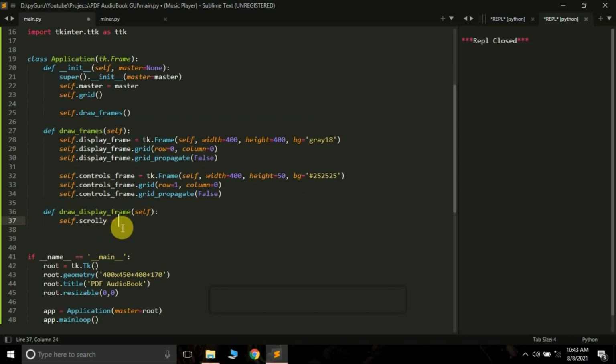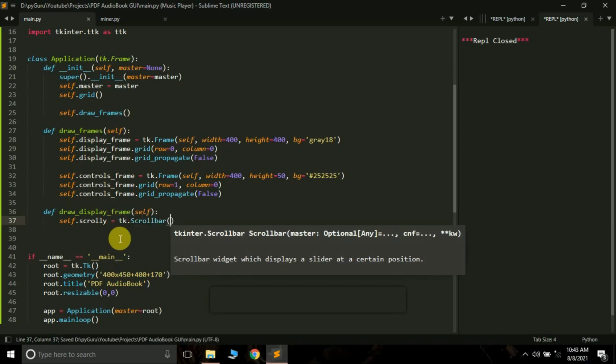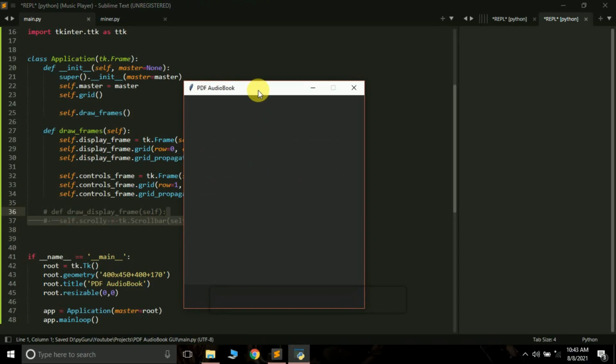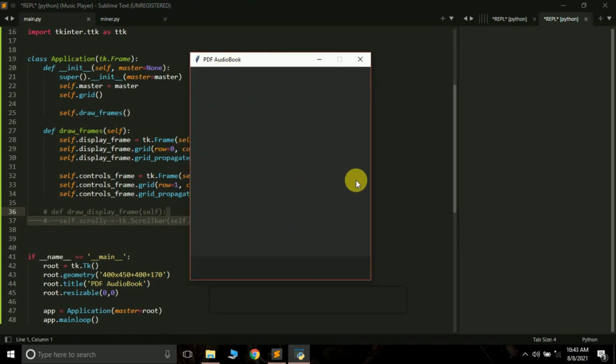Okay. So tk dot scroll bar. This is the method to create the scroll bar or scroller, whatever you say. So our parent has now changed. I want to create this widget on our display frame widget. Okay. Let me just comment these two lines. So see, now we have two parents here. The first one is this parent, which is the display frame, and the second one is the control frame parent. So if you want to create something on the control frame, you have to pass the parent as self.control frame. If you want to create something on the widget display frame, you have to pass the parent as display frame.